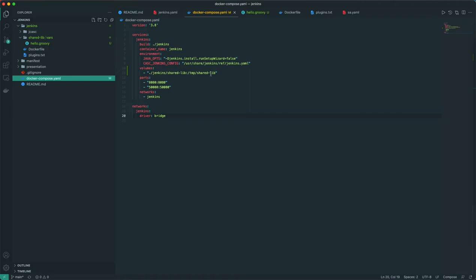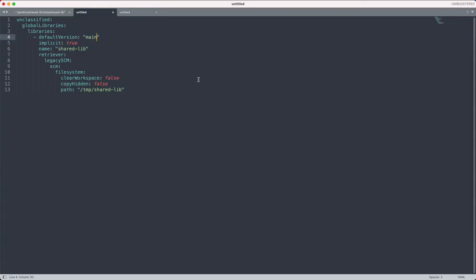Just for example I am using this path, but you can use the proper path wherever you want. Since it is a file system, this version doesn't matter, but if it is a Git based repository, then it would be your branch name or your tag version name, so you can give anything here.